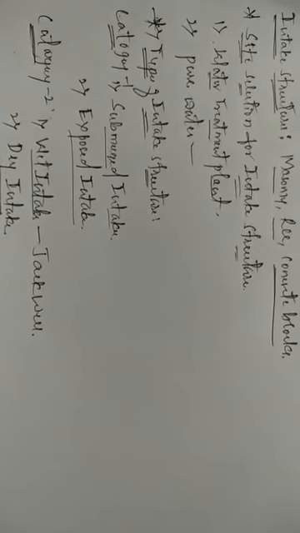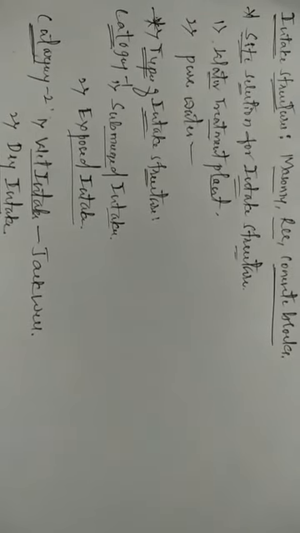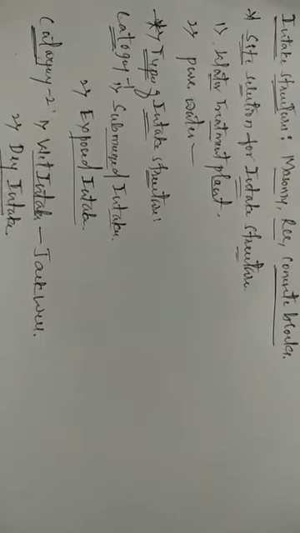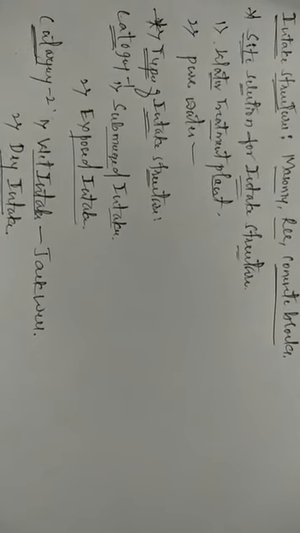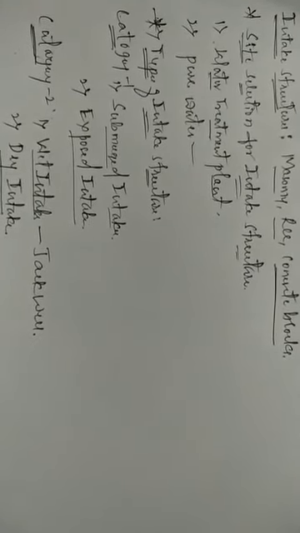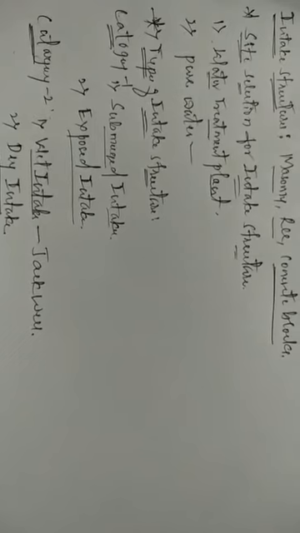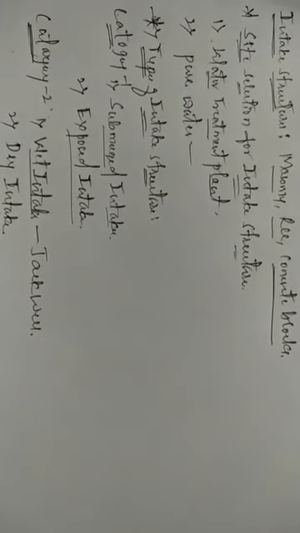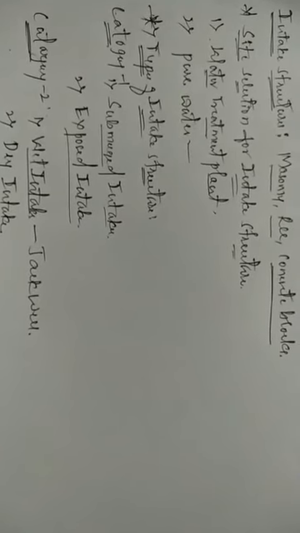Intake structures means what? These are the devices or structures used for collecting water from the surface sources. Surface sources like reservoirs, lakes, or maybe from the river, and that water is conveyed to the water treatment plant. These structures are called intake structures, and they generally consist of intake pipes with screens at the